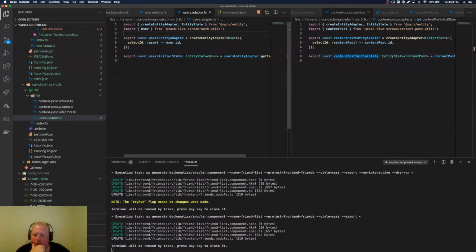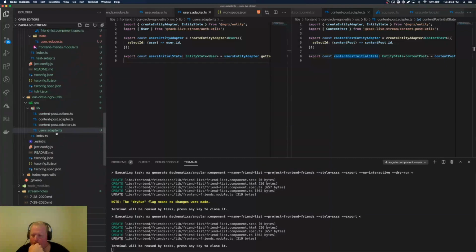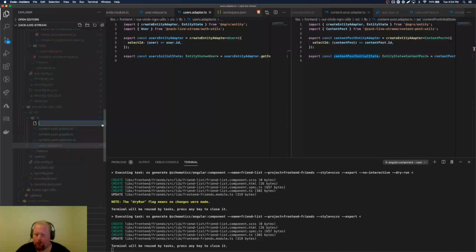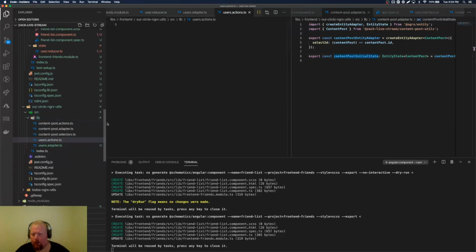So this will just be a way we can dump our users in here. We can even dump in our logged in user. We can look at that here in a bit. But we have now the users adapter. I'm thinking, do we want to make any actions for the user? Yeah, I think we do. Let's create a new file here called users.actions.ts, and here